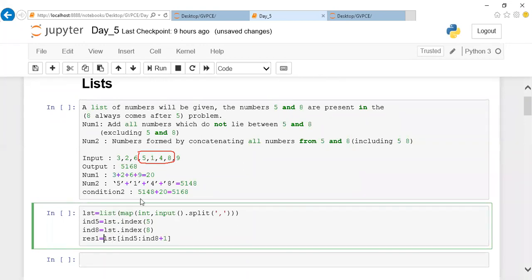If I want to take the elements which are apart from this range, what can I do? I can put one list comprehension. I can find the values which are apart from this list. So now this list will have the values 5, 1, 4, 8. Now I'll take a value which is apart from this list. Now I can apply one more condition, so we'll go ahead with the particular condition.